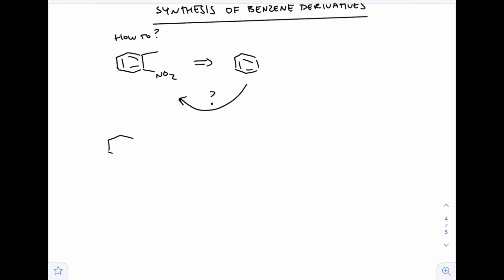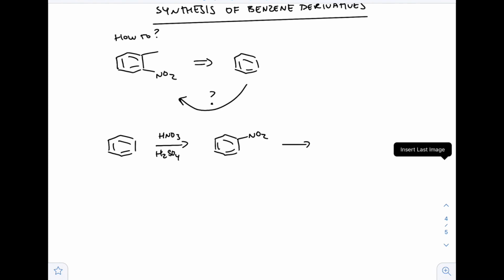If we want to add a methyl group and a nitro group, we also have to be careful on how we add that. For example, if we take a methyl group and we add the nitro group with sulfuric acid and nitric acid, that's a piece of cake, right? But remember, the nitro group is an electron withdrawing group, so we can't even do Friedel-Crafts alkylation. But let's say we could,